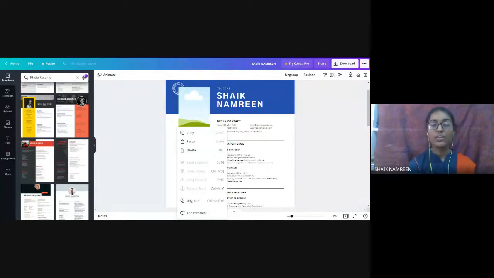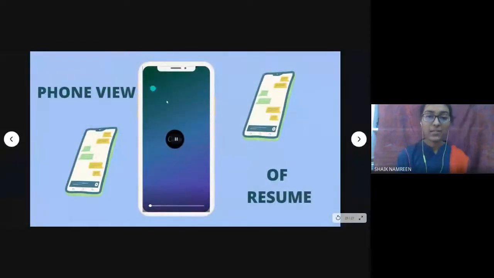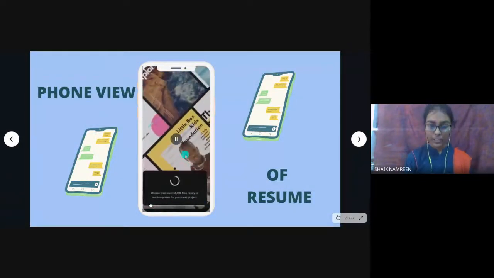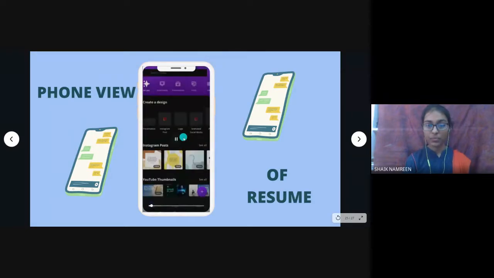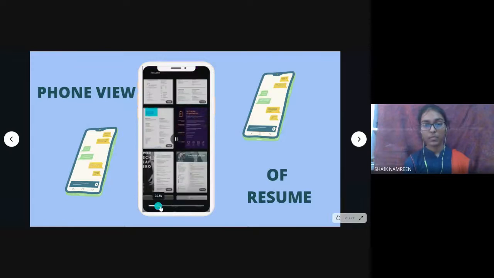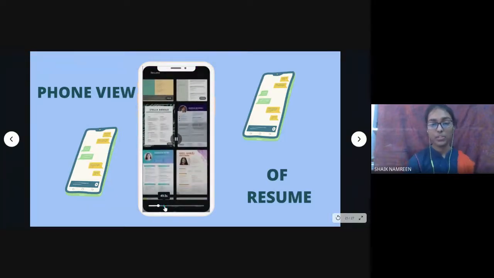Now we'll go for the phone view of how the resumes can be made in phone view. So this is the last one. See, so many resumes are there here.